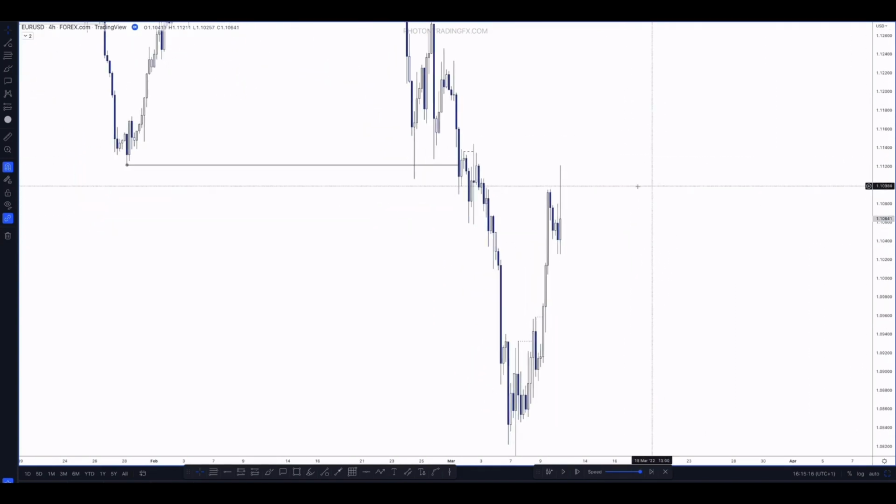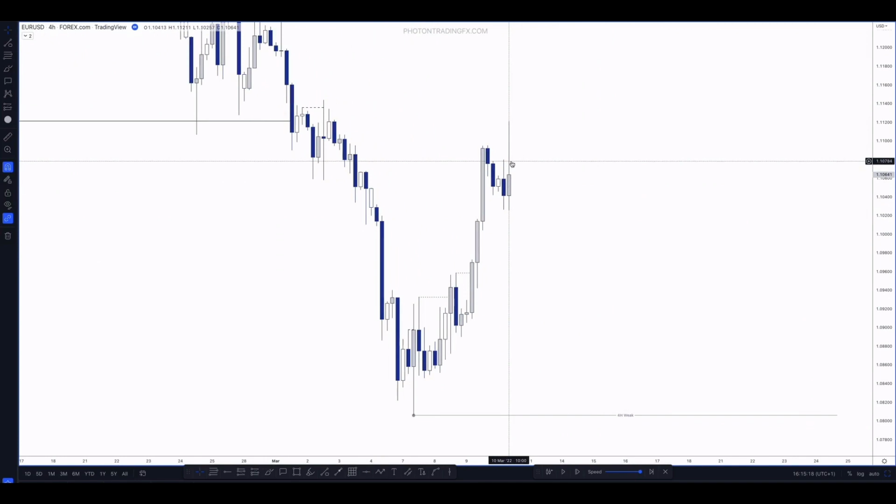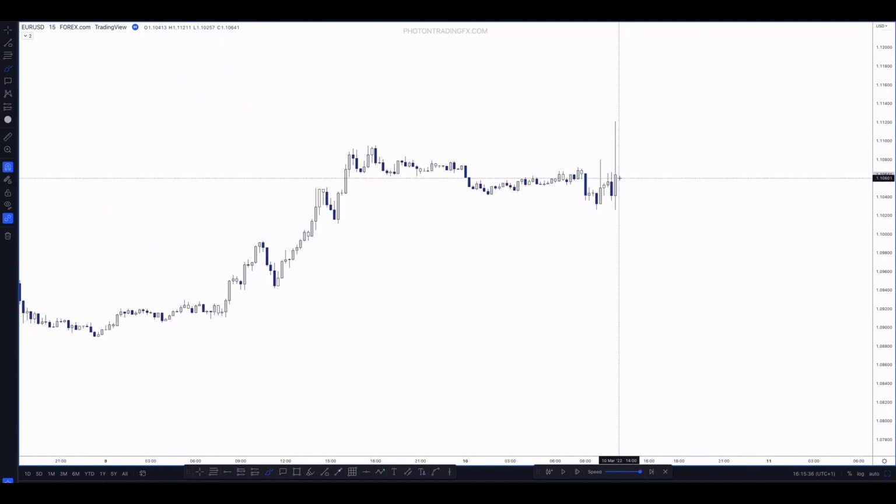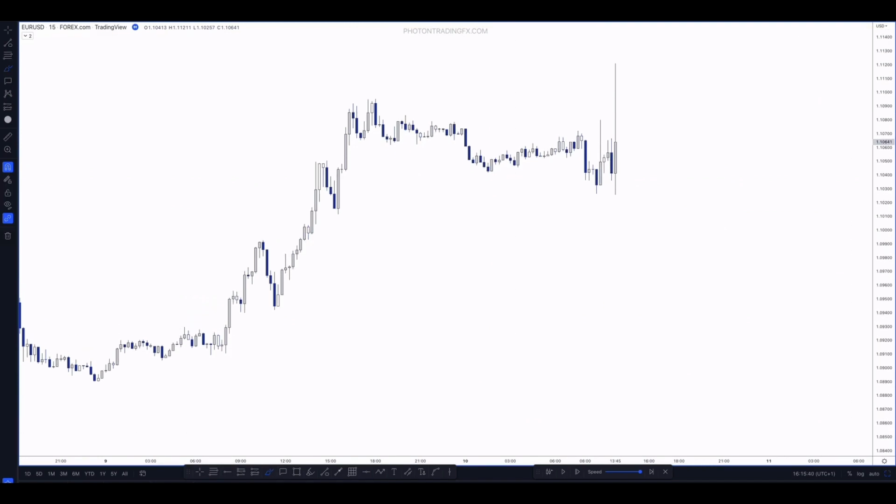So let's see what happened here. This is another tricky CHoCH situation. Did it break the high or did it break the low first? Because if it just pulled back like this and then broke the high, then it's just a continuation, right? Or if it did this, breaks the high, then that would become the low. And then if it comes back down, then it could be a bearish CHoCH. But let's have a look and just confirm on a lower time frame. Bit of a tricky one, but it looks like